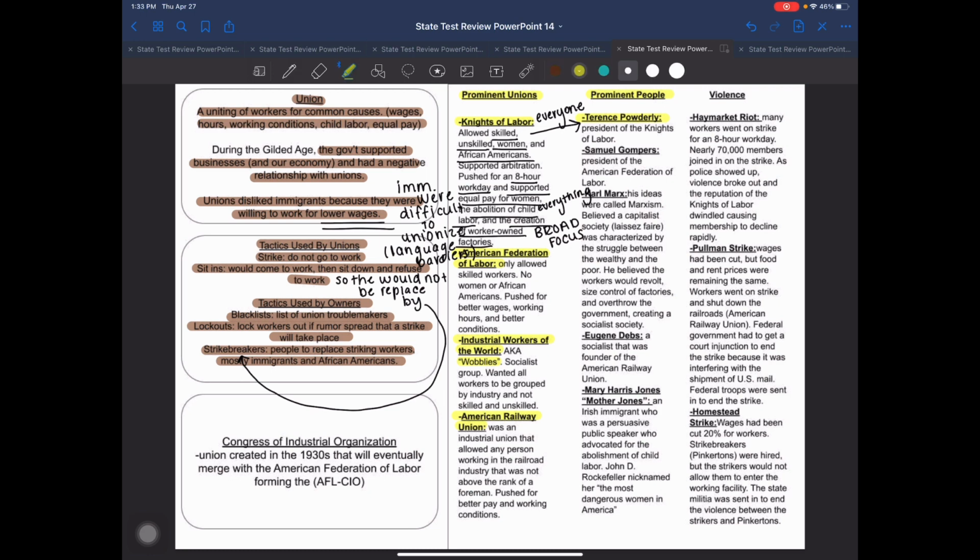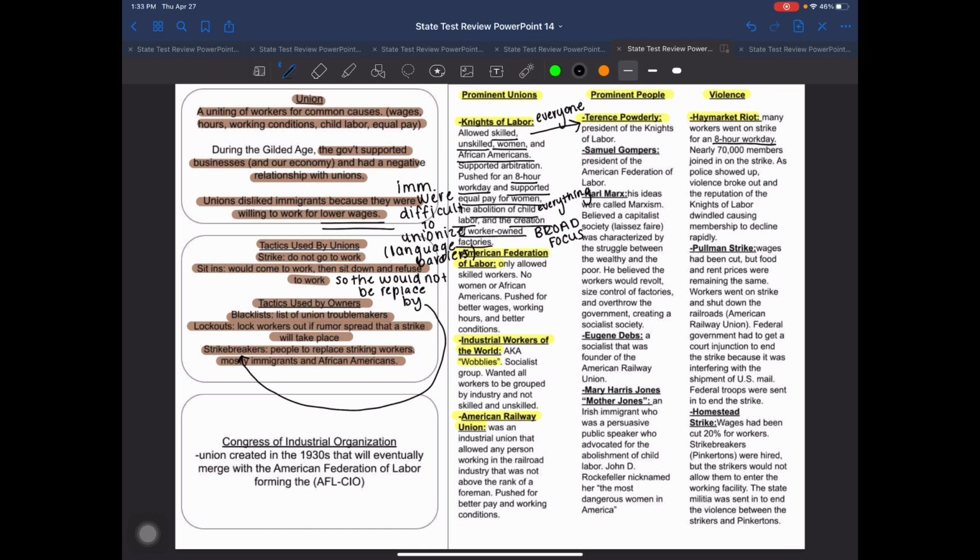And then we're going to jump even farther over here and talk about some form of violence that breaks out that is connected to the Knights of Labor. What happens at something that becomes known as the Haymarket Square riot is that a lot of workers go on strike, and their main focus is going to be the 8-hour workday. Now, the problem is this initial strike did not involve the Knights of Labor. They just showed up in support of this push for an 8-hour workday.